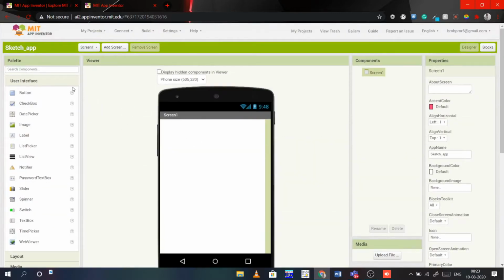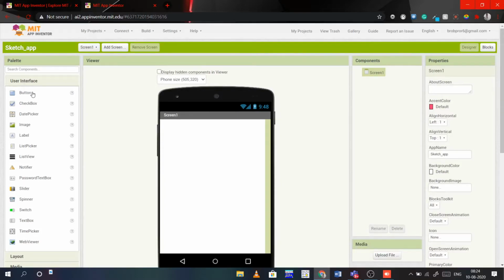Let's get familiar with the things that are present here: palette, viewer, components, properties, and media. In the palette we have different things, which for a simple understanding are like actions.